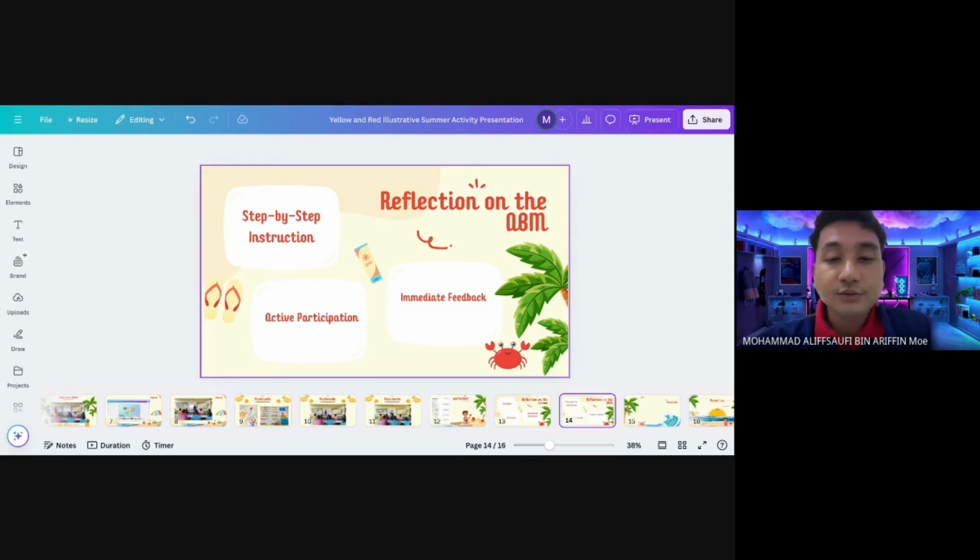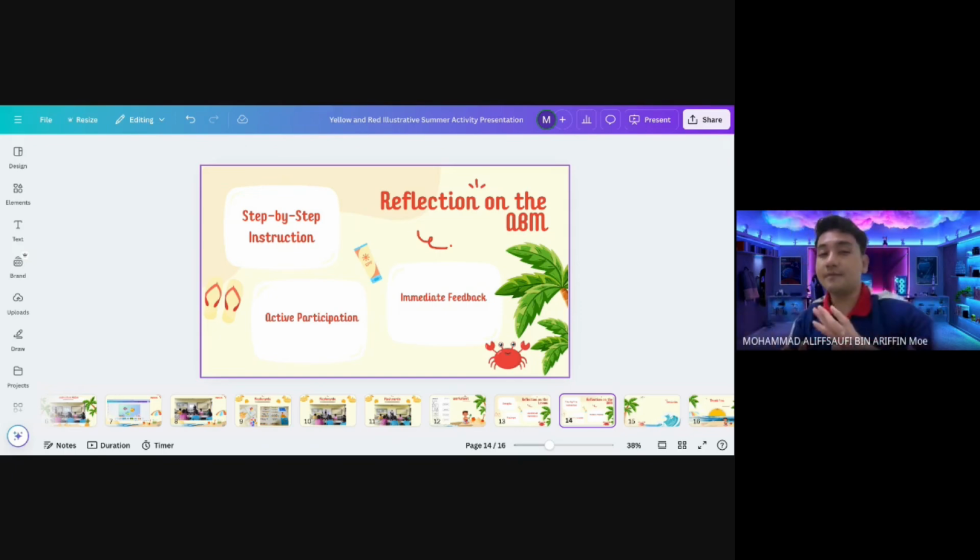Okay, and also the immediate feedback. One, the model's most valuable aspect is providing immediate feedback. During the lesson, I corrected errors on the spot, which helped clarify misunderstanding and reinforce correct language usage. For instance,